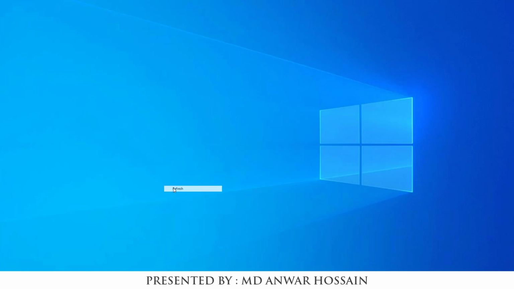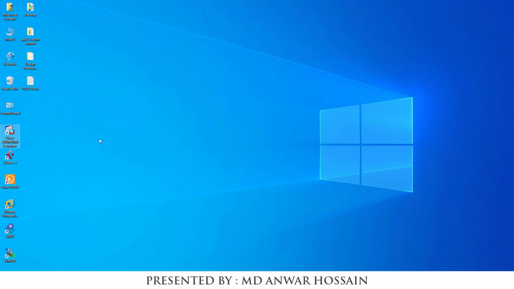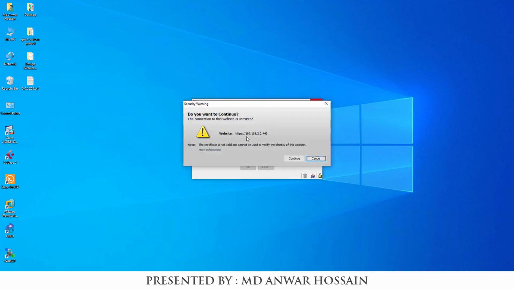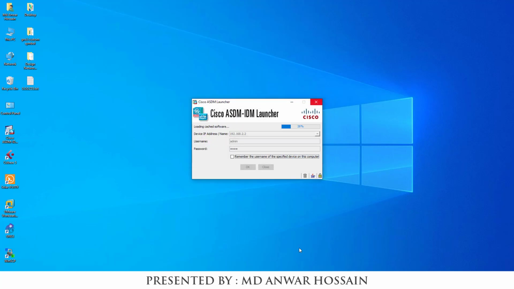On my desktop we can see the ASDM launcher shortcut came over here. Double click ASDM launcher. Username admin password 1234. Click OK. We can see, do you want to continue? Click continue.